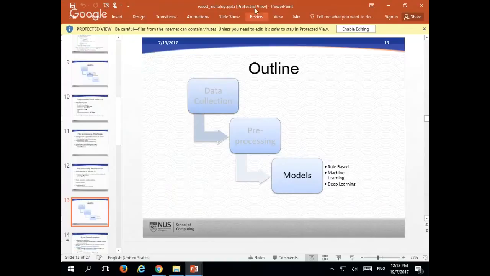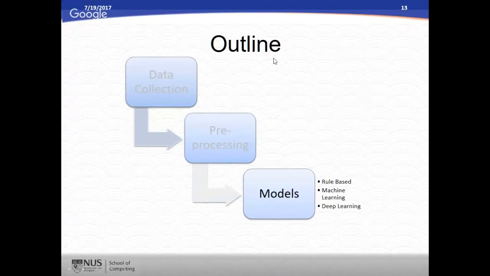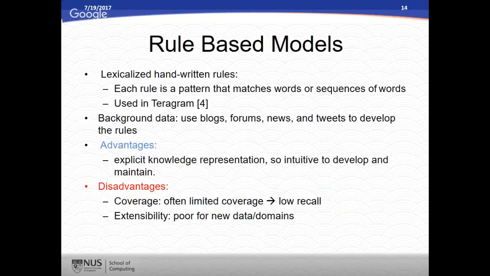Okay, so I think we are using an outdated slide, so sorry for the interruption. So moving ahead,